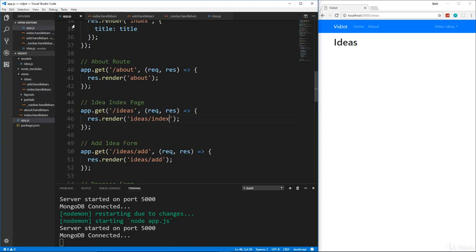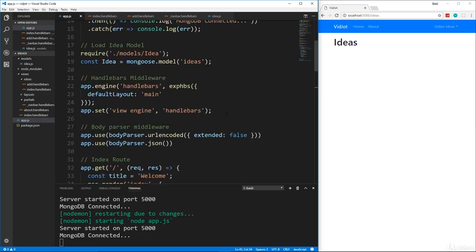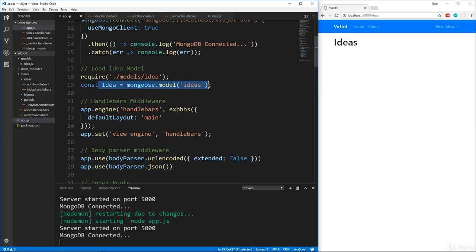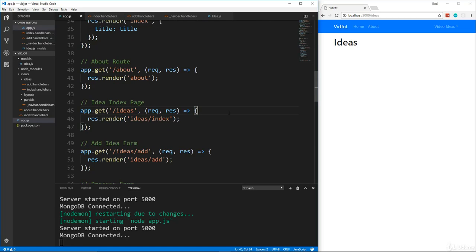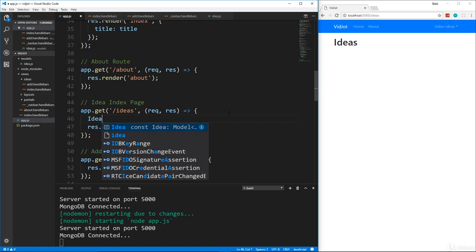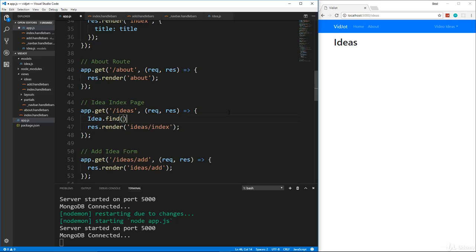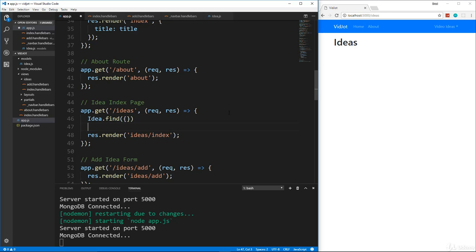So what we need to do is, in this route, we need to fetch the ideas from the database and then pass them in to this render. Alright, so to do that, we're going to take our model. Okay, we brought in the idea model from Mongoose right here. So what we can do is we can just say idea.find. Okay, now we don't need any special query or anything. We want to get all of them, so I'm just going to pass in an empty curly brace, and then